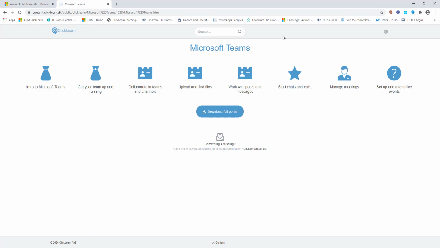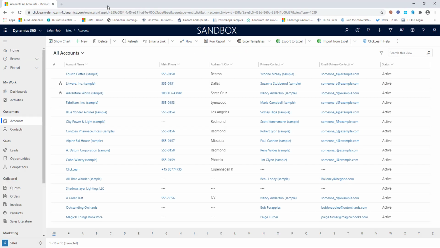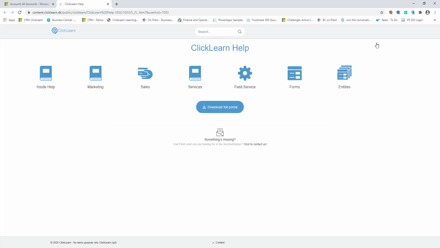Now, this is one example. Now, another example is also that you can take a learning portal like this here and create it for a different application. Like today, it's going to be for customer engagement. So if you see here, I have a customer engagement system, but I actually took this learning portal that I created for CE and had that embedded directly into my business application. So I created one that's called ClickLearn Help. I've added it up here. So if I click on that one, it will actually take me directly to the learning portal of my CRM